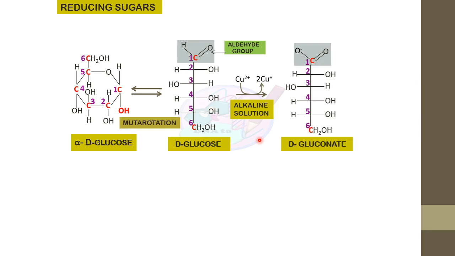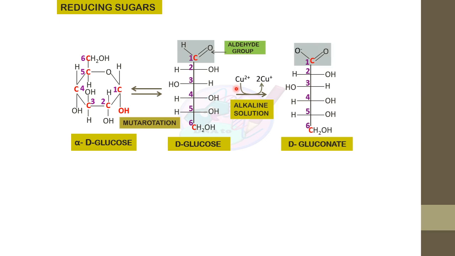So let's first talk about what reducing sugars are. We have already discussed that in aqueous solution, sugars exist in equilibrium between their linear and cyclic forms. Through the process of rotation, the cyclic form of sugar will be converted to the open form. In the open form, they have a free aldehyde group, and this aldehyde group acts as a reducing agent,